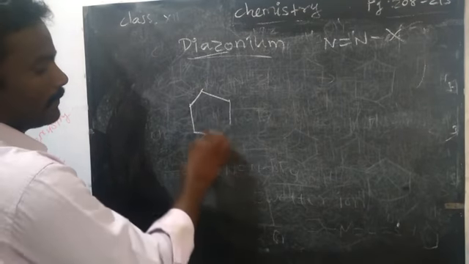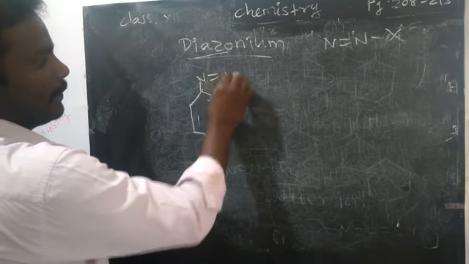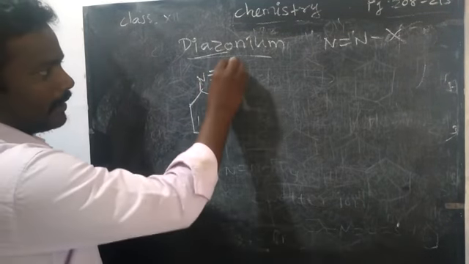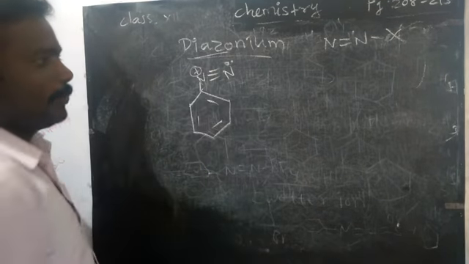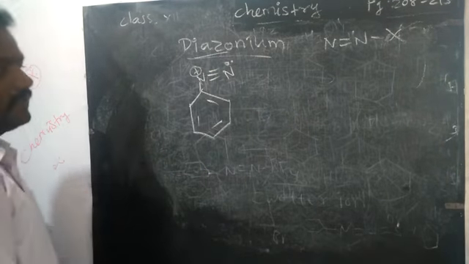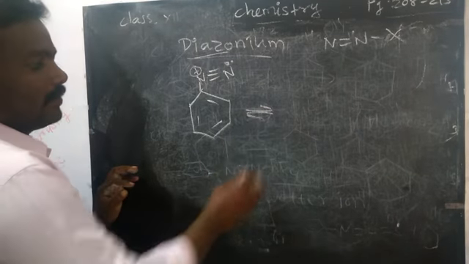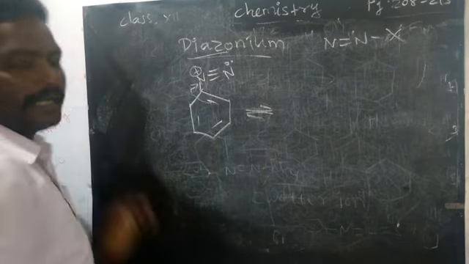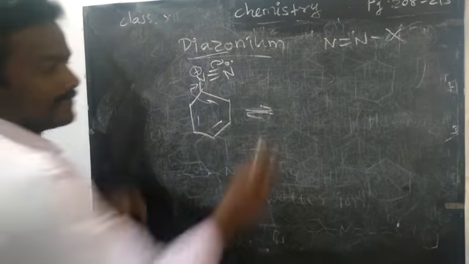See, N double bond N. If you take it initially, it will form a triple bond. Already which has one lone pair of electrons. Because of that, the lone pair is used here, which will carry a positive charge. Okay, this is the initial state. Then what will happen? Because of this positive charge, this bond will migrate and form a double bond. Alternatively, this bond will go as a minus.